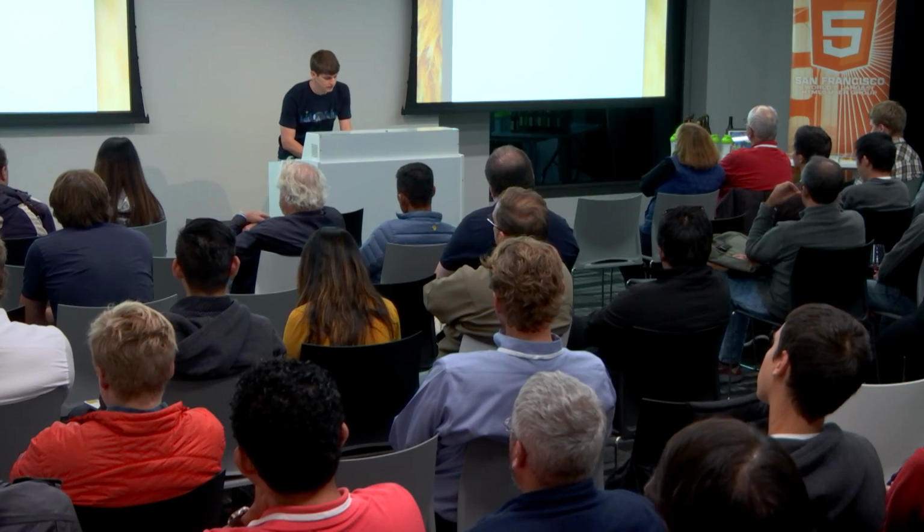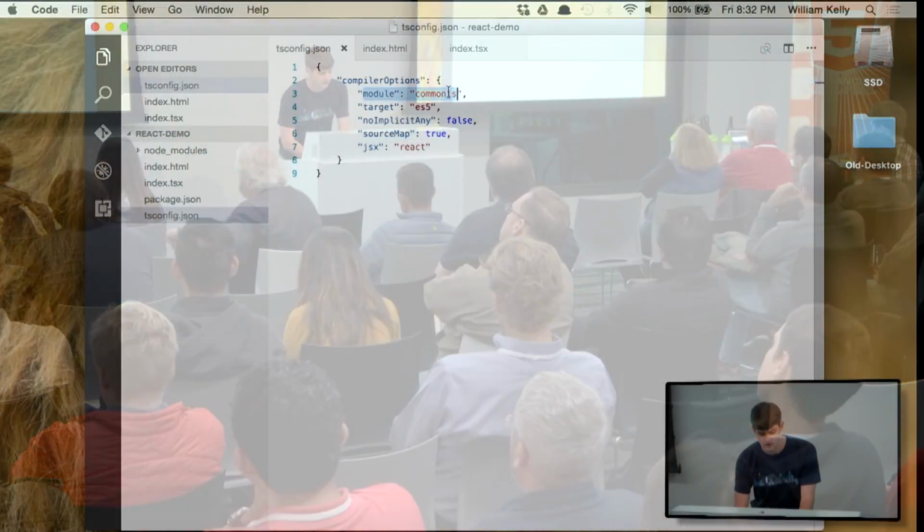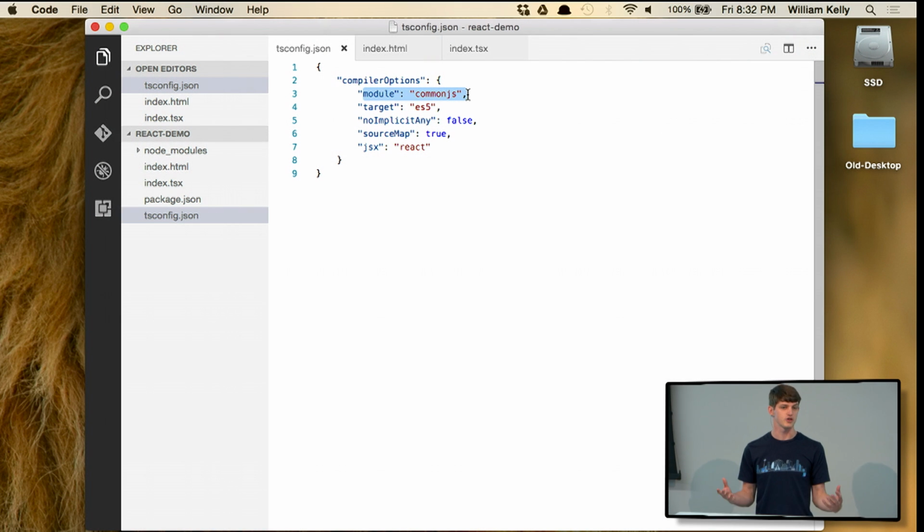That's kind of our opinion as TypeScript. We think that ES6 syntax is the best. It's the future of JavaScript. So when you're writing TypeScript, you always use ES6 module import export syntax, but then you emit whatever your tools need or whatever your environment requires. And that's one of the options listed in tsconfig. You have module, and by default, we emit CommonJS. It happens to be the most common, but a lot of times in